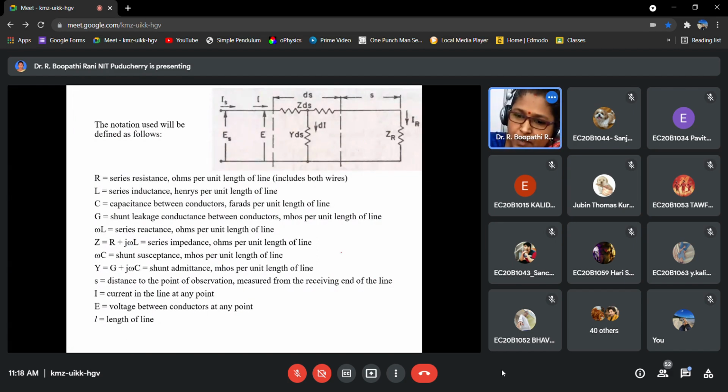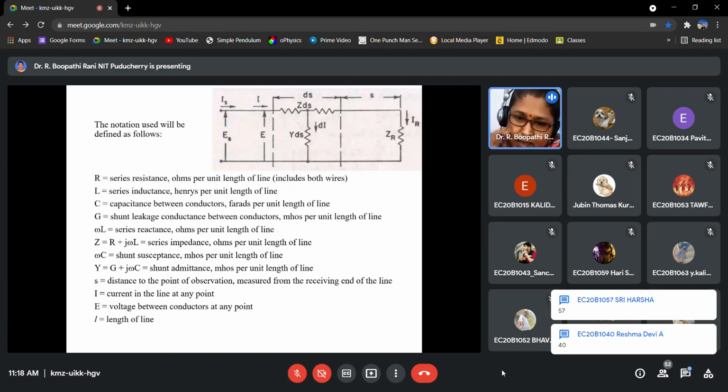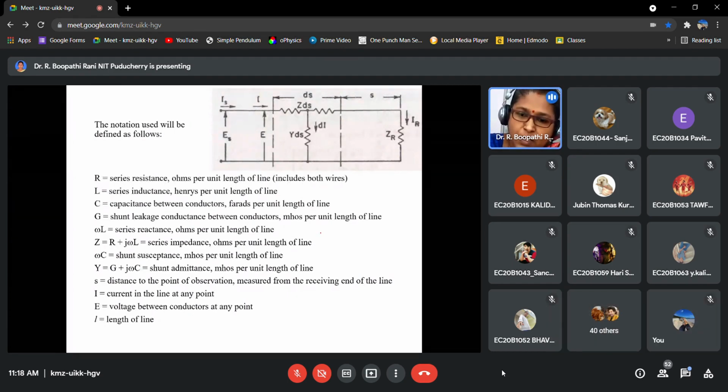Okay. See, since you people are in third semester and you have not come to the college also, if you have doubt, even if it is a very small doubt, you can ask, nothing wrong in it. Otherwise, how will we know that you people are having doubt in one particular point? If you have any doubt, you can ask then and there.